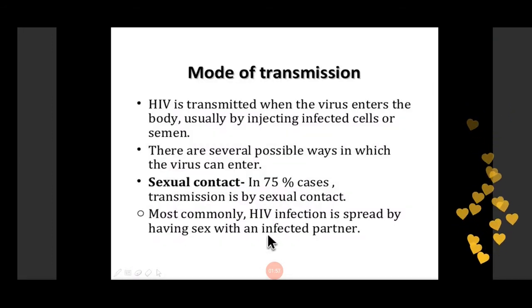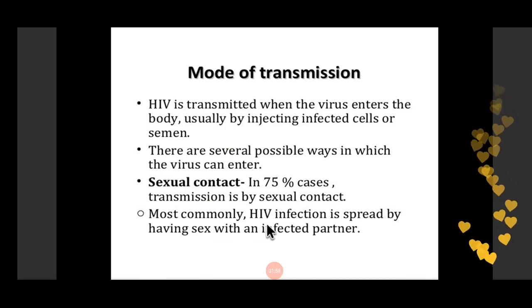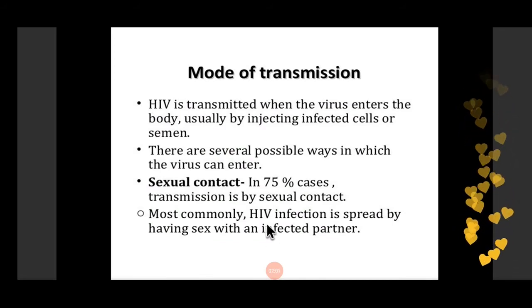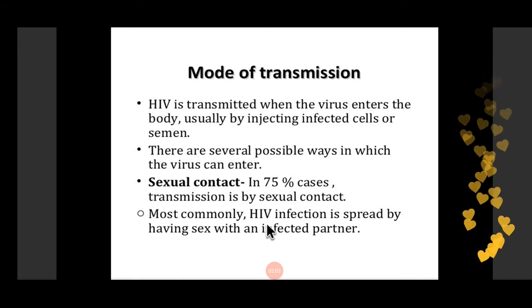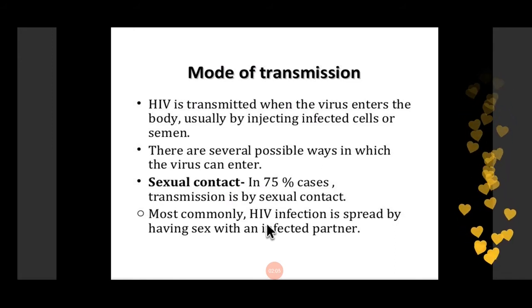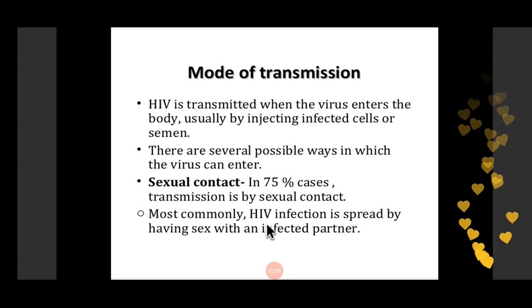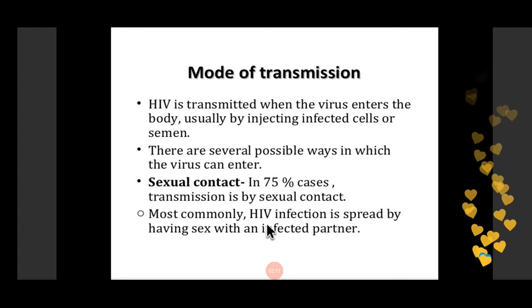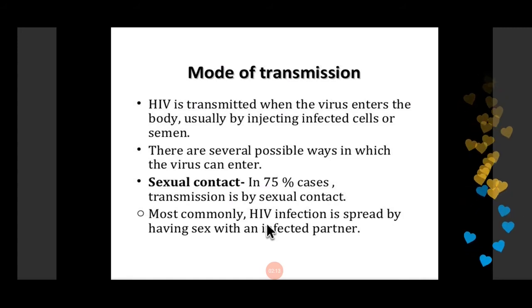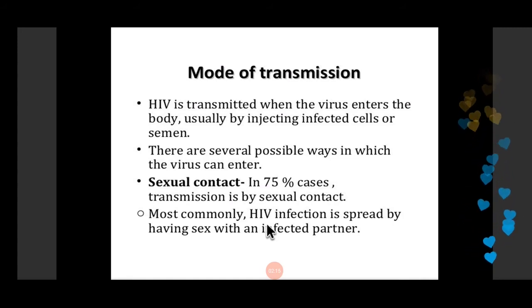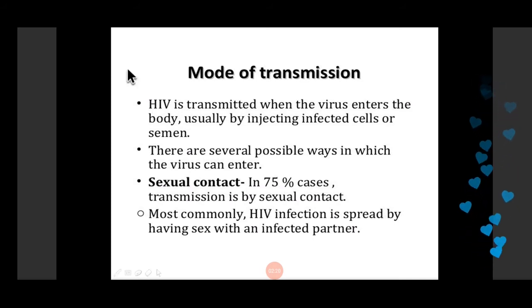Okay. So, modes of transmission. Till now we have learned that HIV infection can be transmitted through any of the body fluids, most commonly blood, but can also be transmitted through pleural fluid, peritoneal fluid, pericardial fluid, even the synovial fluid, and to a very rare extent it can also be transmitted through the urine. Okay, so now coming to the modes of transmission.